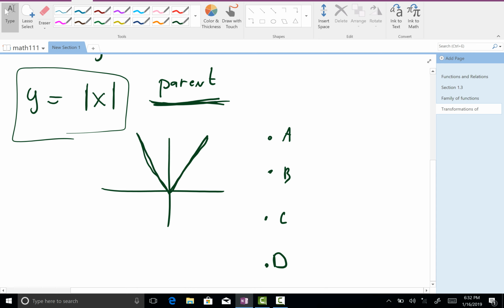Leave some room, by the way, so you can write what A, B, C, and D do to the graph. To do that, we're going to use some sliders in Desmos. We'll let you investigate that for a little bit, and then we'll come back and look at some other functions. So back to this guy,